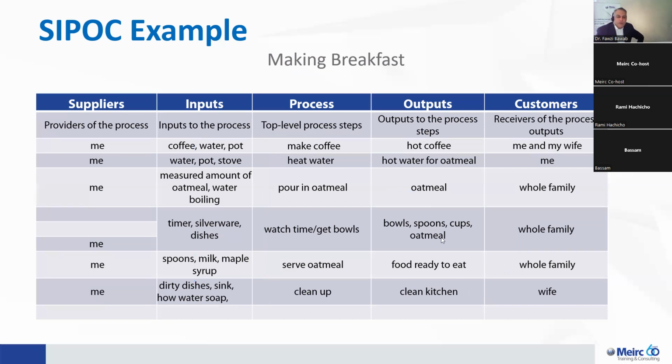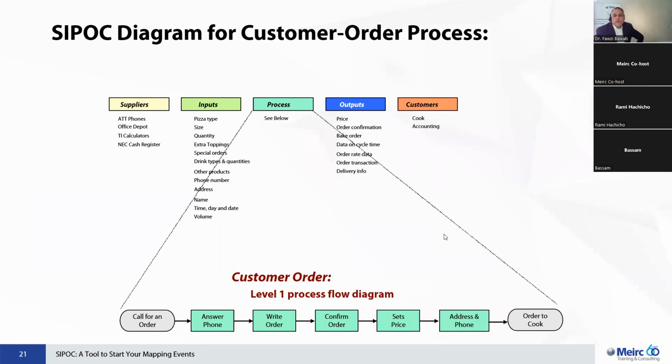Another example, to show you a different format. This is one of my favorites, by the way. I like it because when we use it within our teams, we can get it on a smart screen. We can do it on a flip chart, landscape size, and we basically, again, identify the name of the process, and then we can start listing down all the outputs, and you can see here the customers, right? And you can see here the overview, the high level